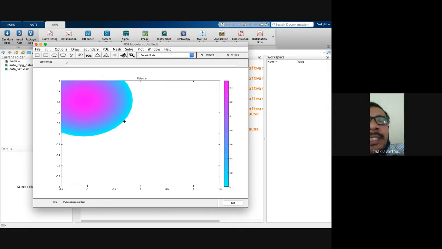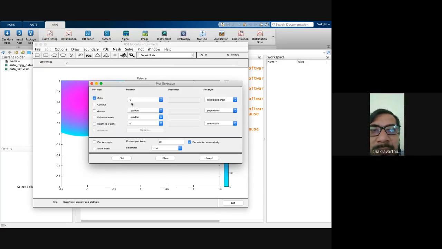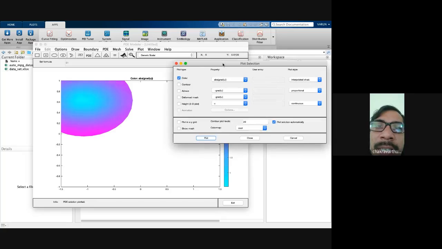If you have different parameters, you can select those different parameters there, then plot. Automatically the changes are happening. Even if you take other values like flux. So this is the way you can work with the PDE solver as well.